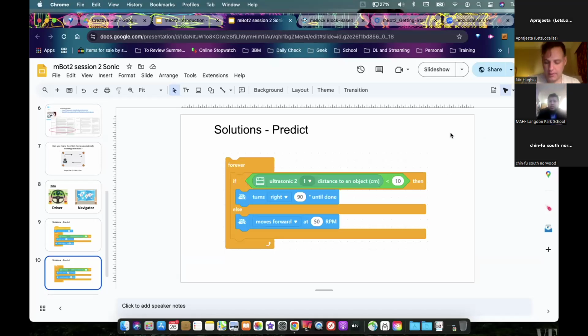I'll give you just a couple of minutes. Again, ask anything in the chat about the mBots at all, like, how does this work? What does this do, etc.? I will cover that in a moment, but I'll just give you a couple of minutes to try that out. Just grab it. That green block, if you've not come across it, is in the maths or operators block, and that's the same block we used before in that first little example, and everything else is in the movement section of the mBot.